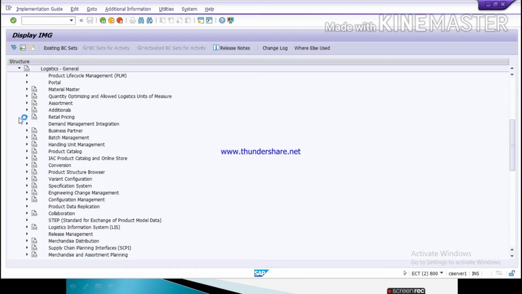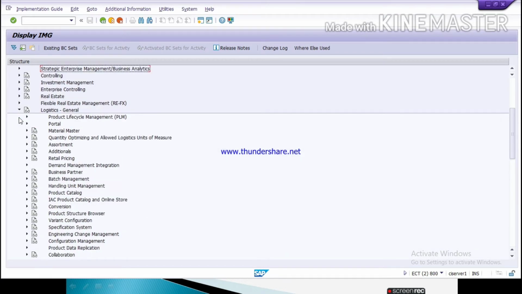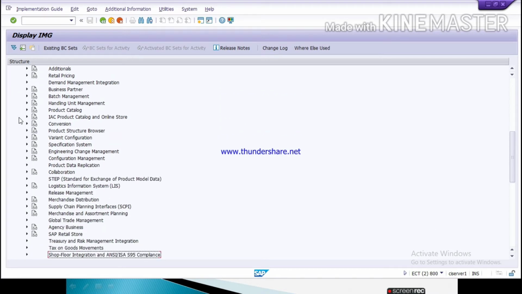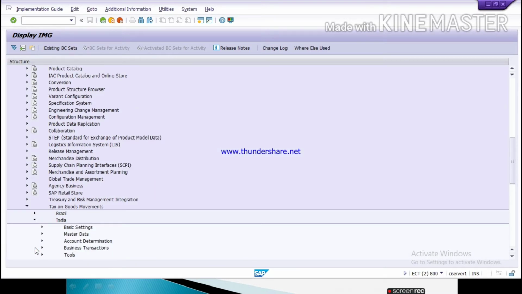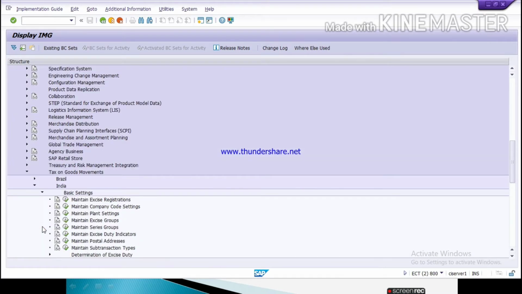Under this, you have to click on Tax on Goods Movement. Then click on India. Then Basic Settings. Then here second one, Maintain Company Code Settings.